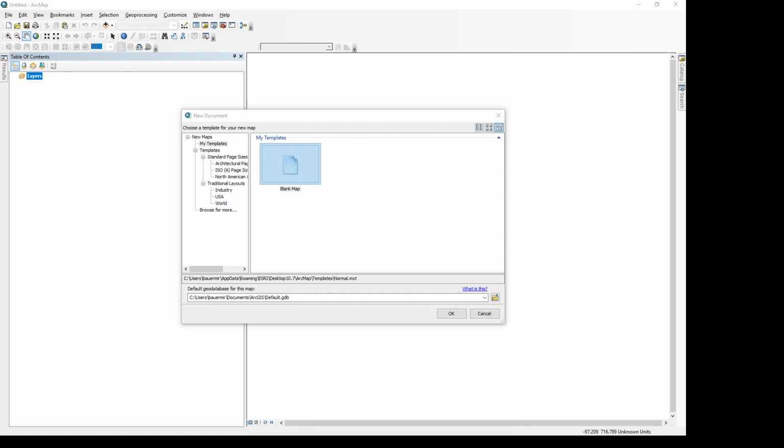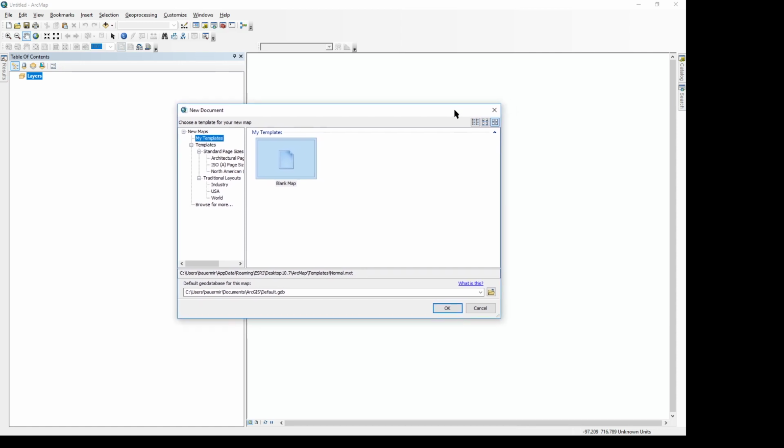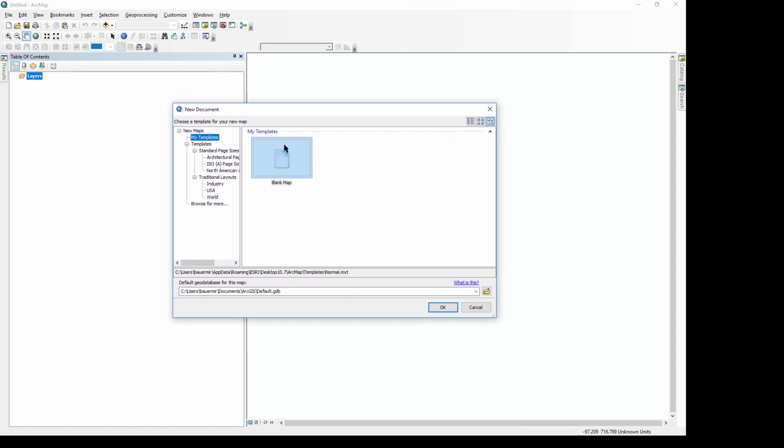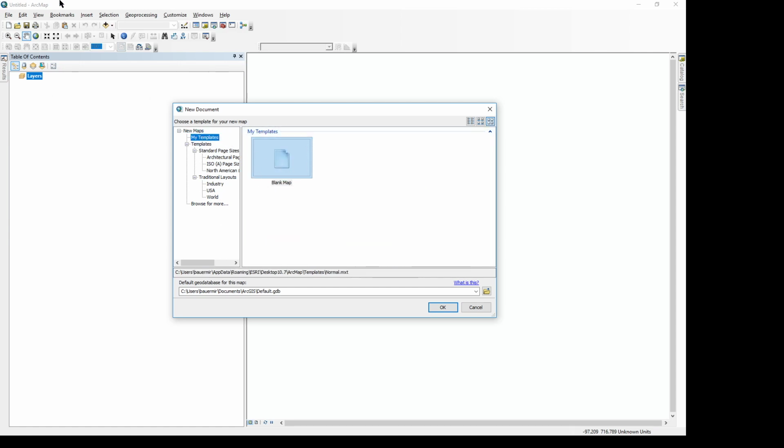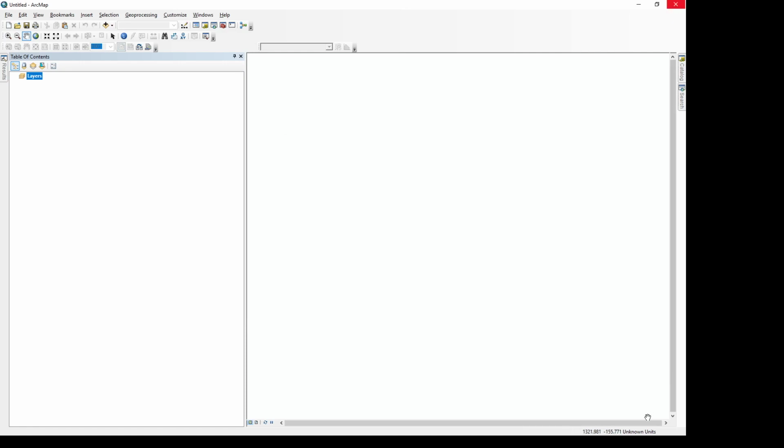So today I would like to show you how to create a new project in ArcGIS, ArcMap, and how to behave in it. So when we open ArcMap, we can see this dialog with a new document. We can use it with such kind of templates or just use a blank map which is already open behind. So let's press OK or cancel, and we will start with an empty